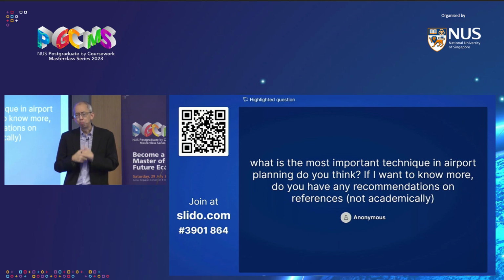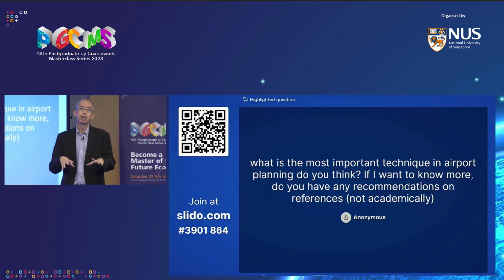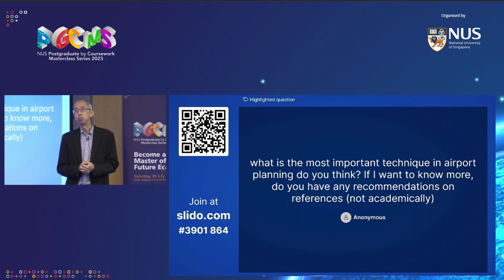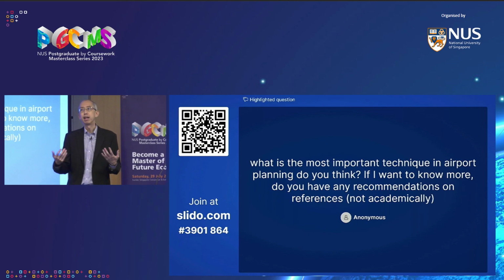I think for me at least, you must want to know about the airport and learn about the airport because it's quite a complex process. So if you understand what the different constituents need and want, the different components, that will definitely help you. And then probably, in all planning professions, the ability to talk to different people and bring together the stakeholders and get feedback from them and bring together a team.